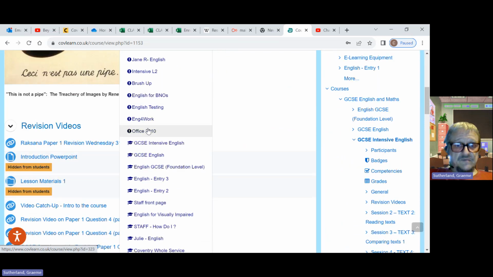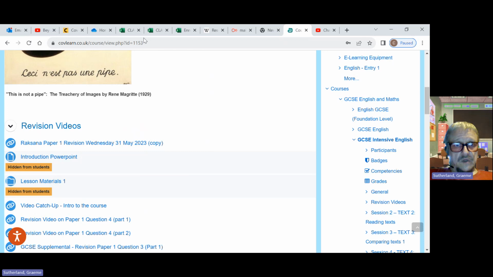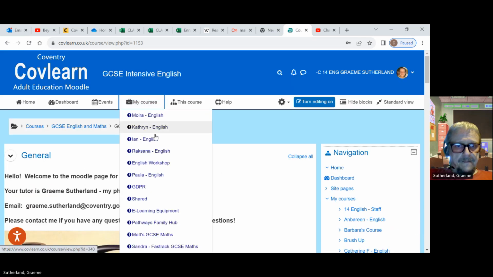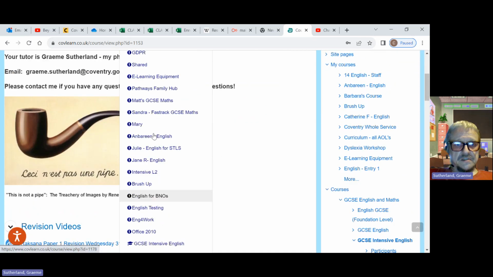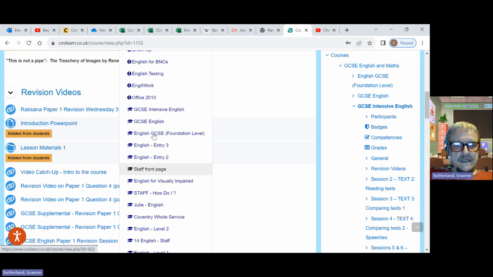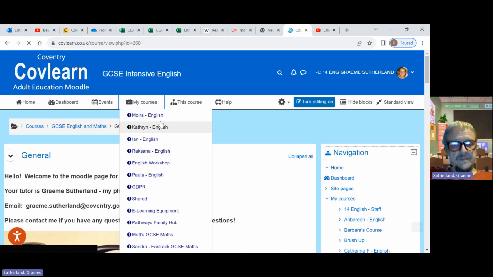So for the GCSE webpage, there is one for higher, which is GCSE English. That's the original one. There's one for foundation, and there's one for intensive, which is another course that I do after Christmas. So if we go to the higher one,